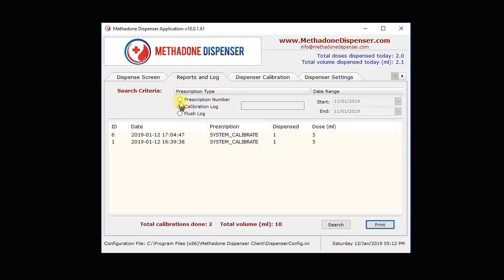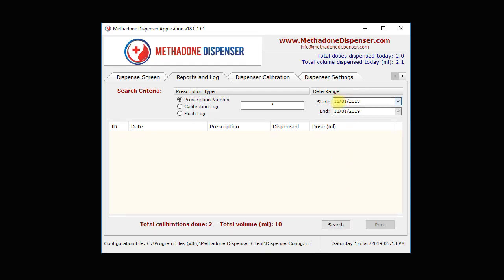The third category that I would like to cover is the prescription number search. Whenever you select a prescription number search, you have to provide a date range, the start date and the end date that you would like to conduct a search. The one special character that we use is an asterisk, and what that character resembles is just give me everything within that range. So if I select everything and I click on search,